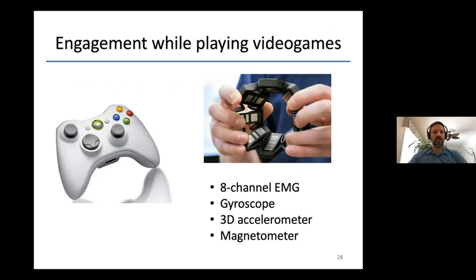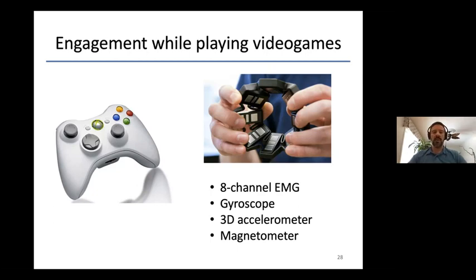If we move on to gamers, one area of interest is also gamer engagement. Companies want to make sure that the players are engaged, so that the more engaged you are, the longer you play, the more likelihood you have of purchasing things, of buying the next version of the game and so on. So keeping a player engaged is very important. Our hypothesis was that we could get some engagement information based on how you interact with the controller. If you're pressing it harder, if you're moving the controller around, so the dynamics of how you interact with the controller, we believe, gave some insights on engagement.